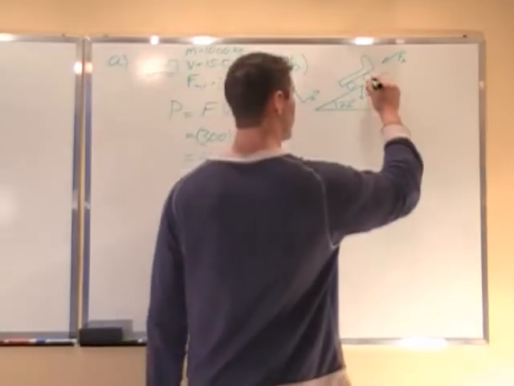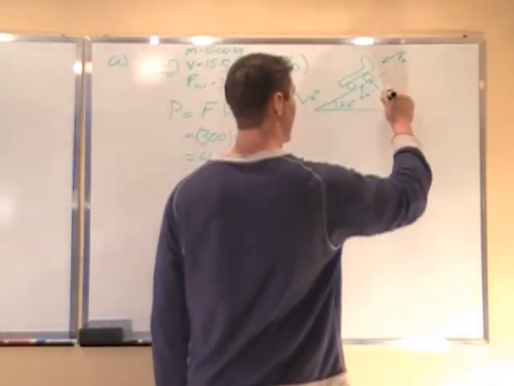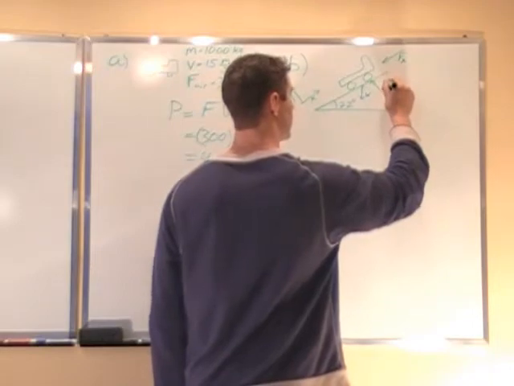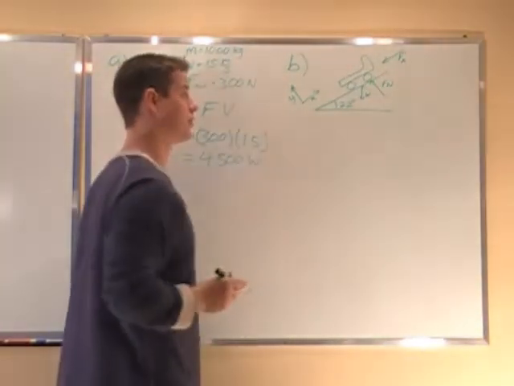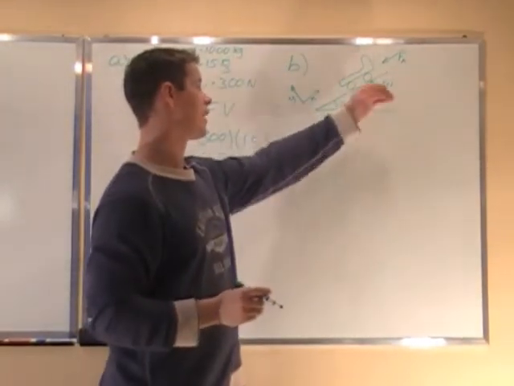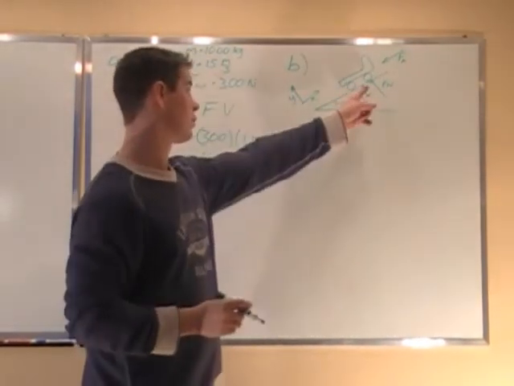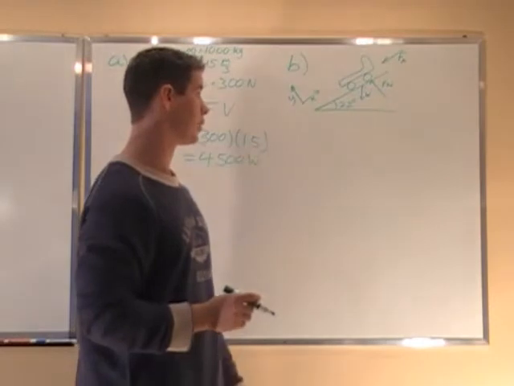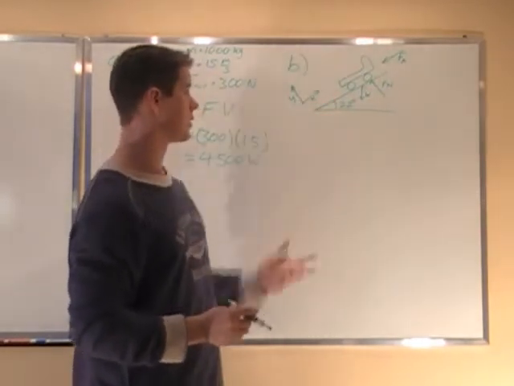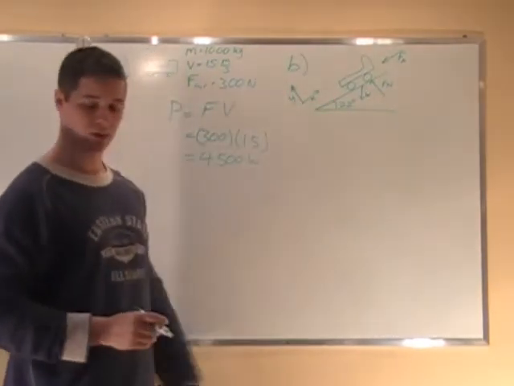And we have the normal force that acts straight up in this y direction, because this normal force acts perpendicular to where the wheels touch the ground. So that's why it acts like that, as opposed to straight up like the weight. The weight will go straight down because that's the way the weight acts, but the normal force is perpendicular to